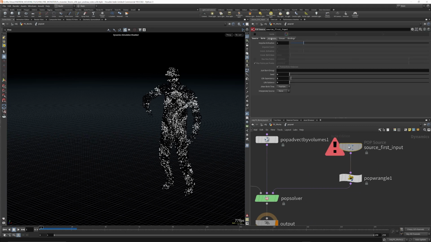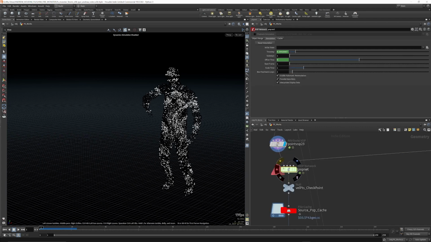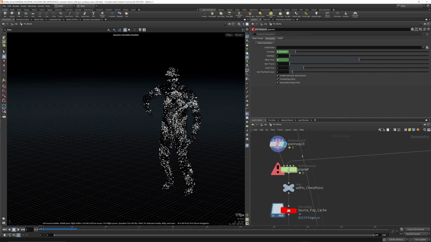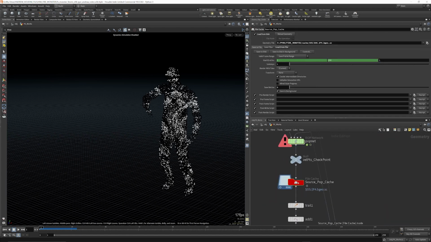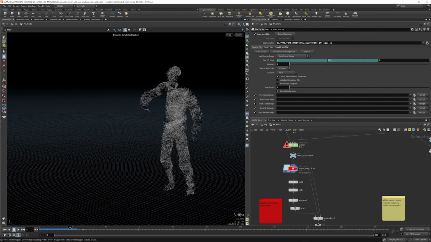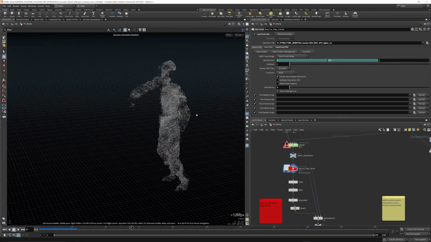And we're using our first context geometry. That is these points coming in here. So we're sourcing that, and we cache out to disk. So with that, this is our particle simulation, and as you can see, we have these particles swirling around a